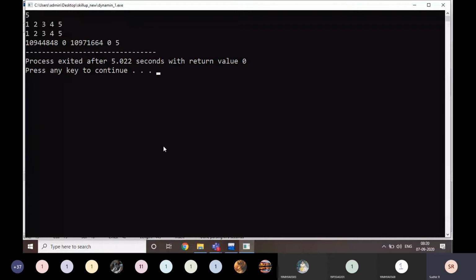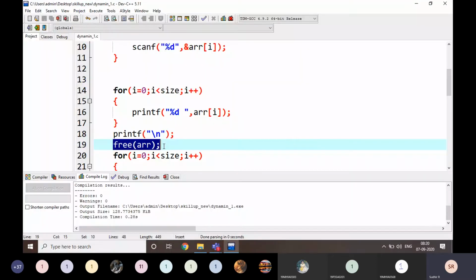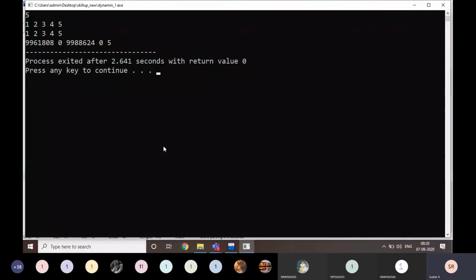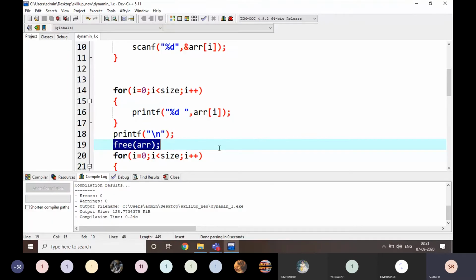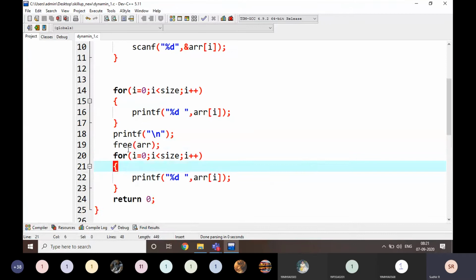For example, I am going to allocate 5, then 1, 2, 3, 4 and 5. Just look here. I am going to execute it again. 1, 2, 3, 4, 5. And after free, it is maintaining some garbage values. After free, the total 5 memory locations are going to be freed here. That is the use of free.